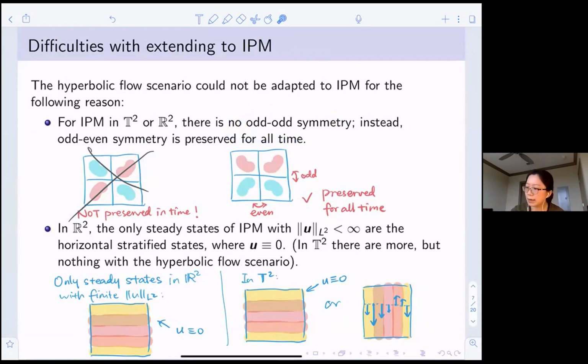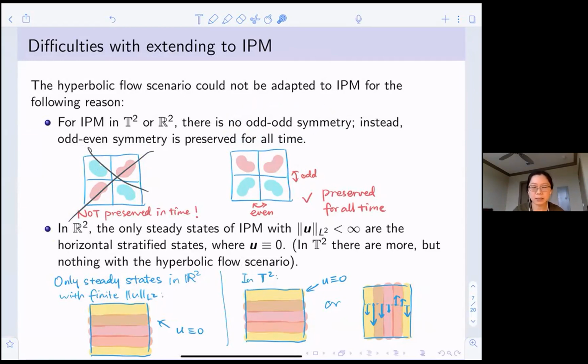Instead, if the initial data is odd in x2 and even in x1, this is the symmetry that is preserved for all time, not the odd symmetry of Euler and SQG. But this is only a minor reason. I would say a more substantial reason is that